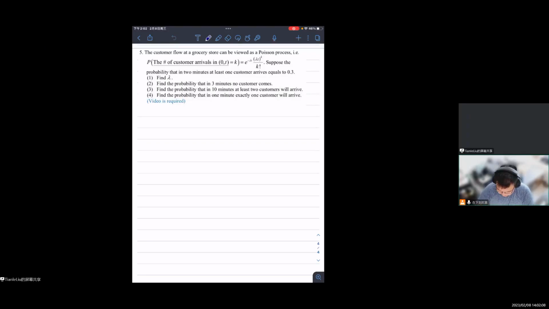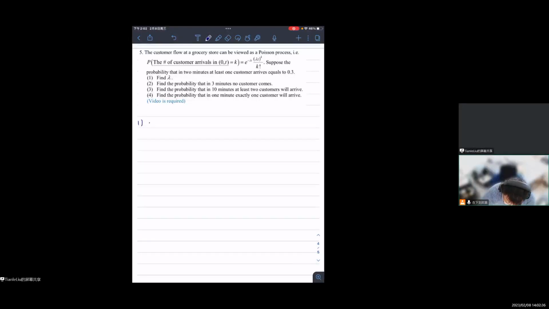I'm here to do homework 2, problem 5 of the probability course, and you can see the shared screen on my monitor. So let's do that. For this problem, we know we are dealing with a Poisson process. We already have the formula and one condition. For the first part, we need to